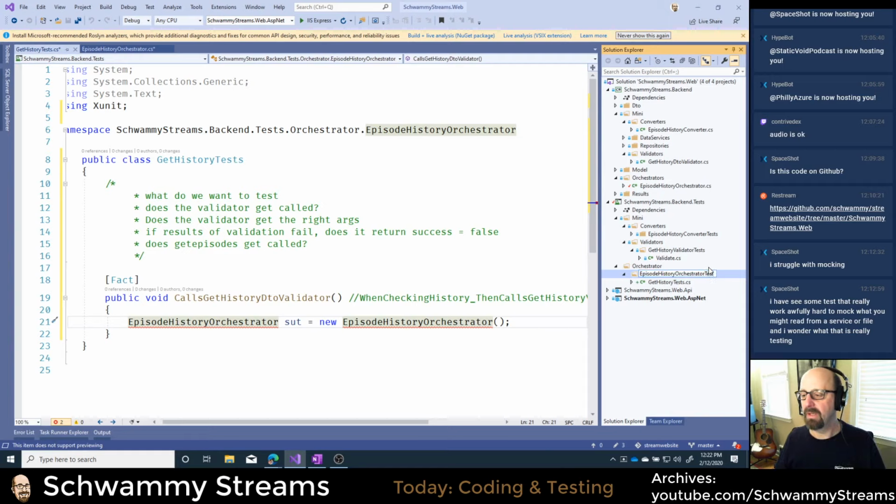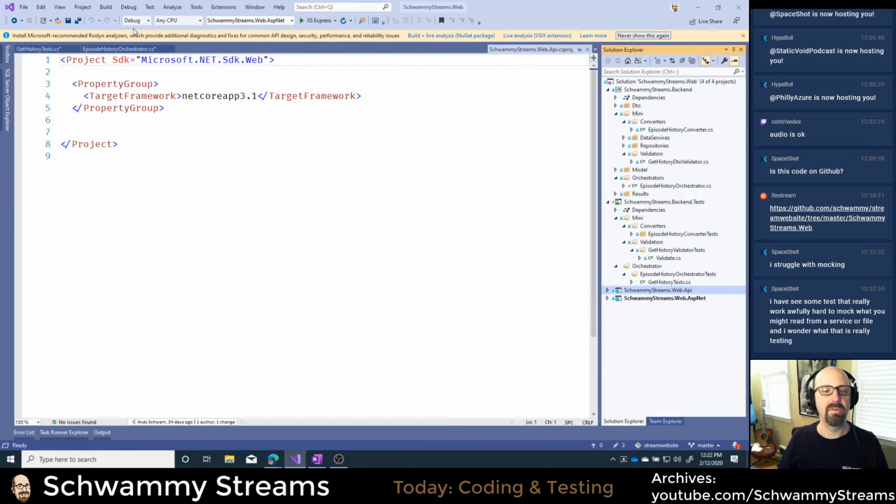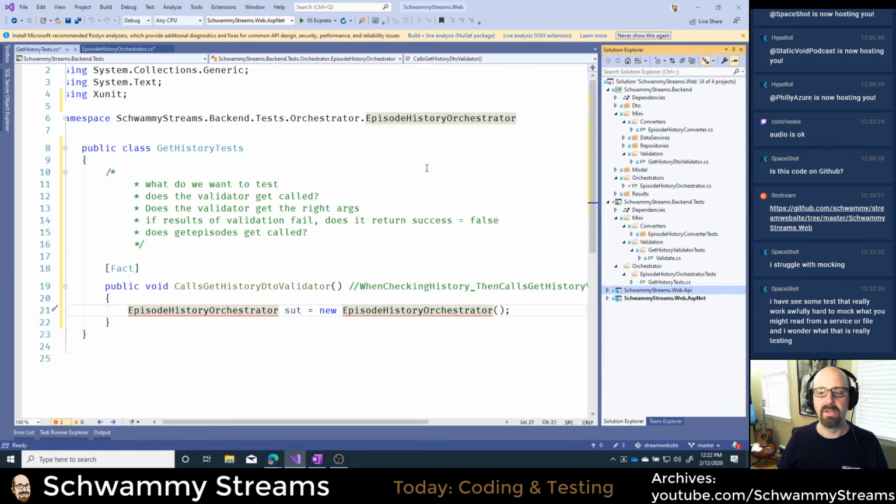So I'm getting a naming conflict. If I do that, that should help the naming of this thing, and then it should realize that I'm not in the same class and I want to use my orchestrator.